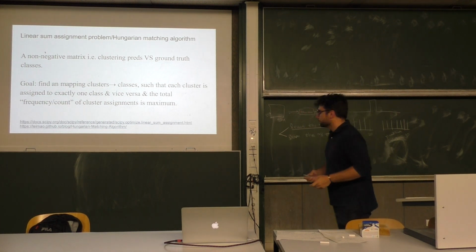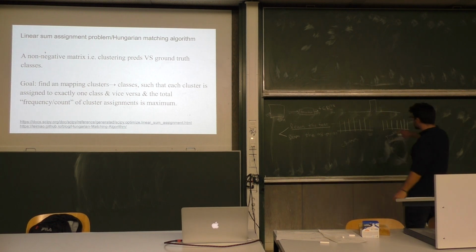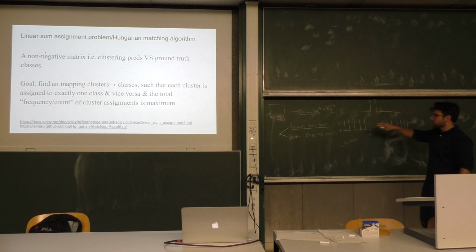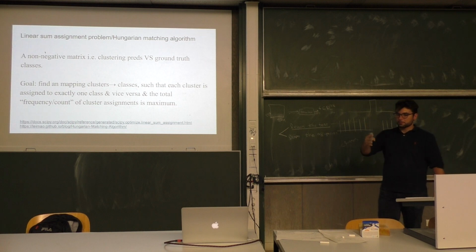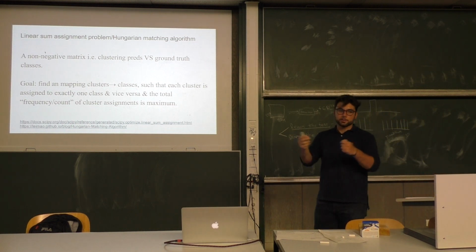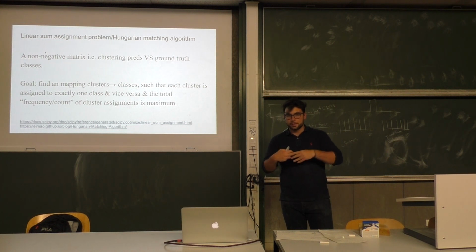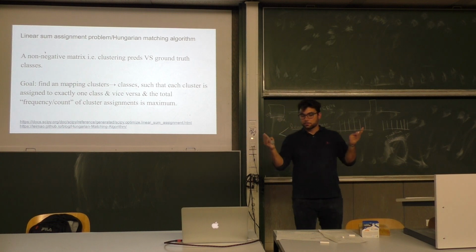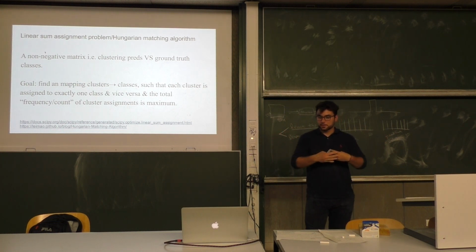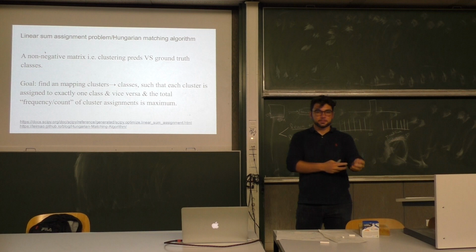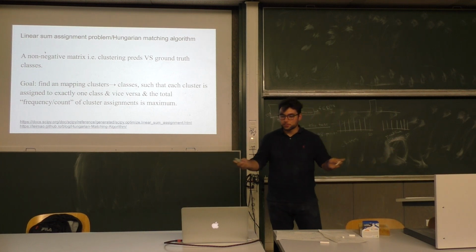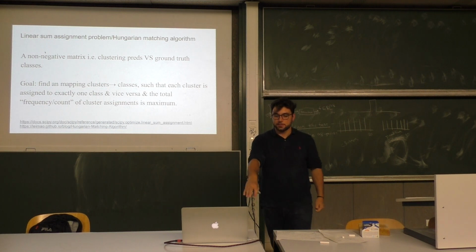So given the ground truth labels and the cluster, it finds the mathematically optimal one-to-one mapping. This algorithm is not related to deep learning or machine learning. It's just really important to understand that we need this mapping, and deep learning is not the solution to all possible problems. So for example, this algorithm, even though it's quite complicated, I provide some resources. It's good to know